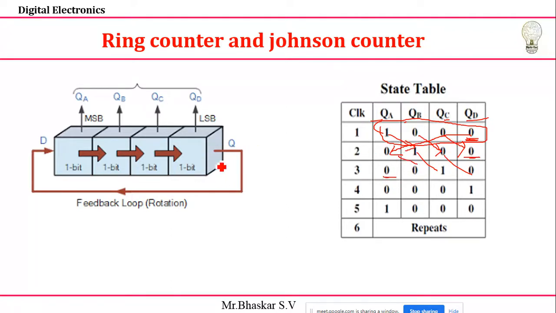That is my process. That's why I'm taking the last output and connecting it to the input, then it acts as a ring counter. This is the ring counter truth table that we studied in the theory. So I want to design the circuit. With the help of an IC, I already have one IC, you just make a small connection for this, then we'll get this counter. So let's see that.